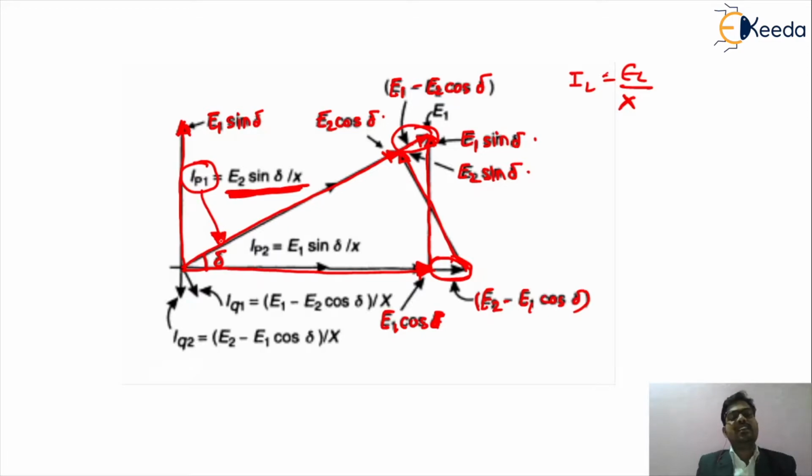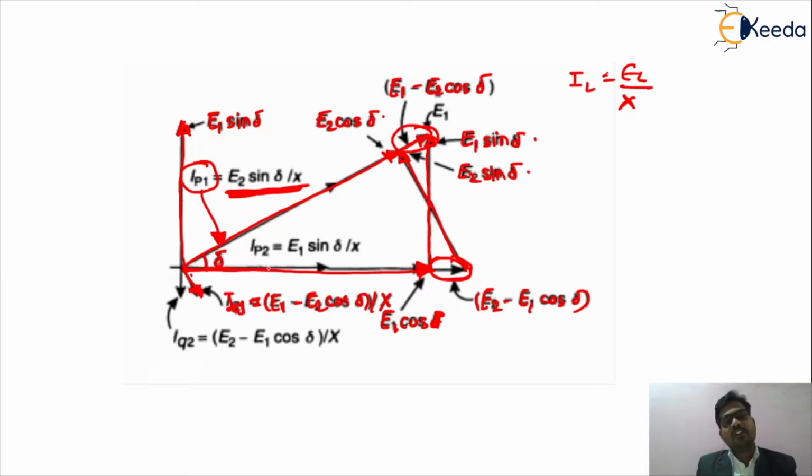As we have seen, the IQ1 will be perpendicular to the IP1, so we are getting the value of the IQ1 here. From the simple phasor representation, the IQ1 is the reactive component of current flow at the end of the E1. So we are getting this value of IQ1 is E1 minus E2 into cos del divided by X. Okay. Similarly, friends, we can get the value of IP2.